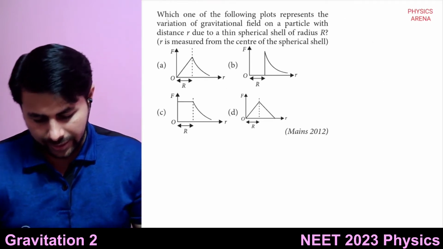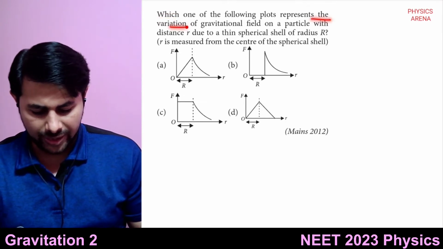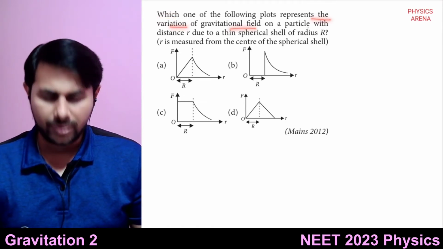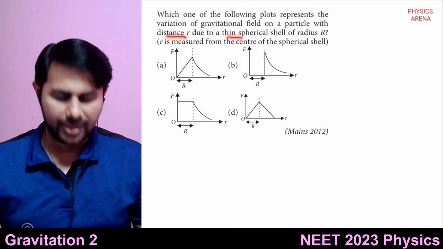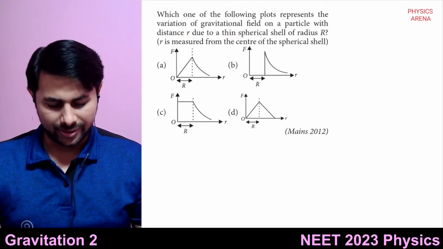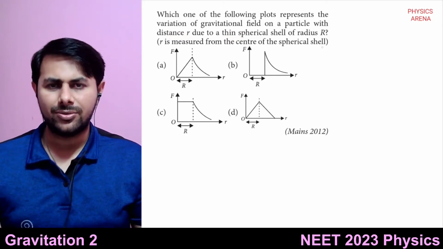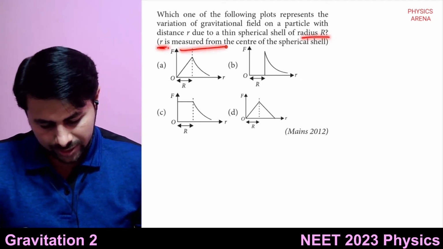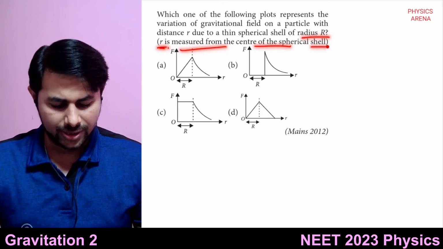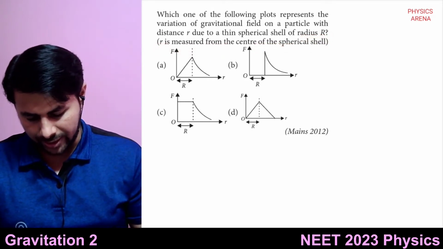Then next question: which one of the following plots represents the variation of gravitational field on a particle with distance r due to a thin spherical shell? Now this is different. It is a thin spherical shell. Gravitational field due to a thin spherical shell of radius R. Small r is measured from the center of the spherical shell. So we know this. Okay, for a spherical shell,